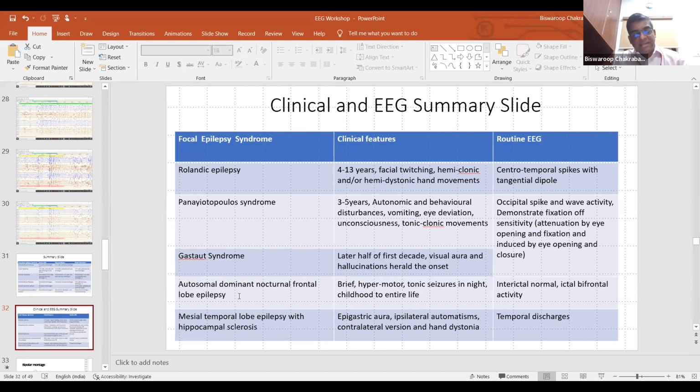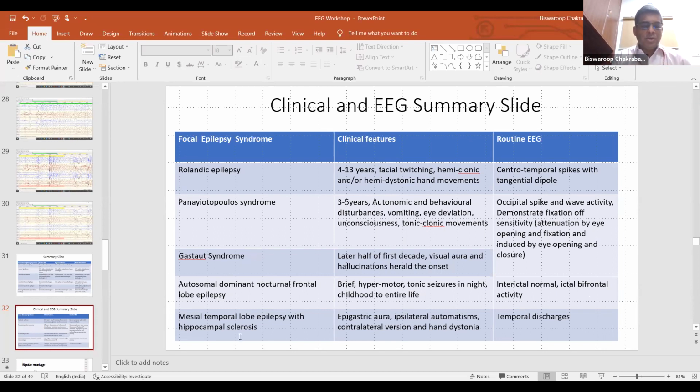Then you have some other focal epilepsy syndromes like autosomal dominant nocturnal frontal lobe epilepsy. Because it's frontal lobe, they are brief, hypermotor, tonic seizures primarily happening at night, and can present from childhood through the entire life. Interestingly, the interictal EEG is normal, and you have ictal bifrontal activity when the child has an